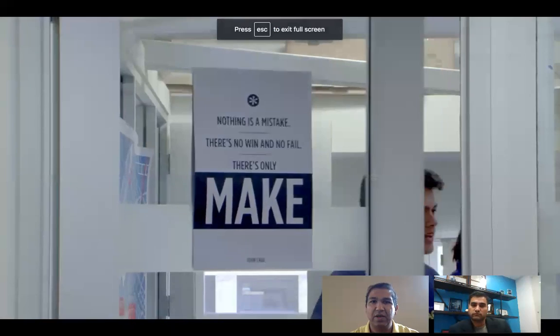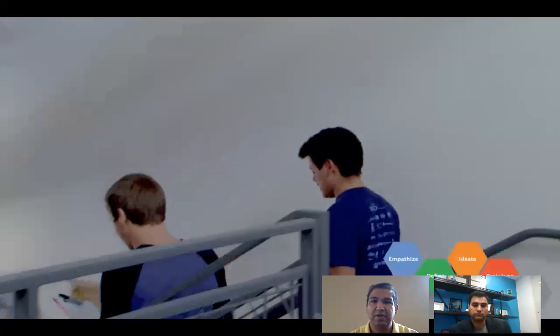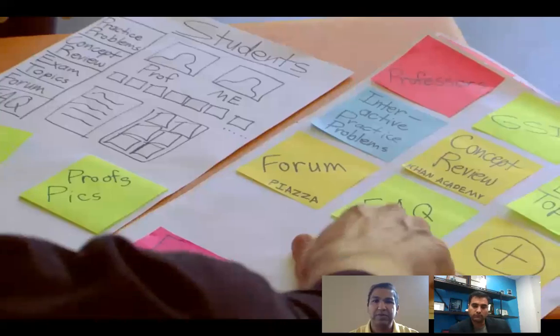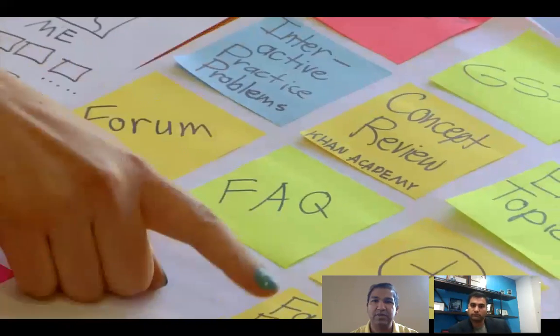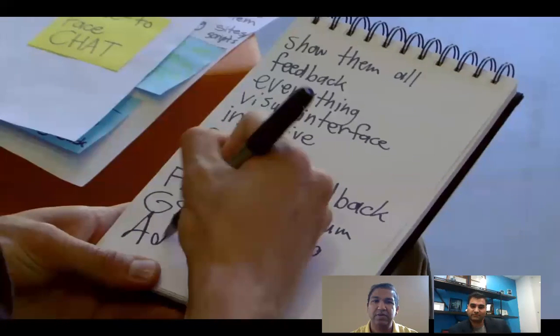Adam and Francisco have been building the first prototypes of their solutions for the challenge. Now they're ready to put them to a test. Adam's prototype might not look very polished, but he's confident that he will learn a lot when showing it to others to gather their feedback. Note that Adam is encouraging this tester to interact with the prototype and click on the different links, which he simulates with paper and Post-its. Adam's attitude when testing his prototype is very important. His goal is not to convince this person of how great his idea is. He's open-minded and really wants to learn what does and doesn't work.